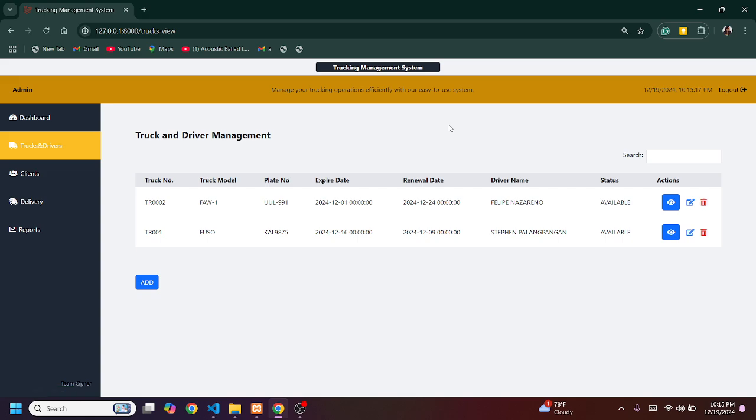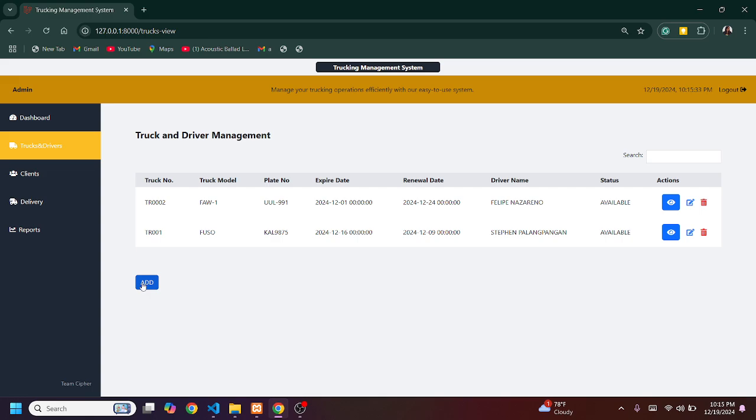So this would be the truck and driver interface. This would be the table for you to look at the following data. This would be the outcome of the data being added.